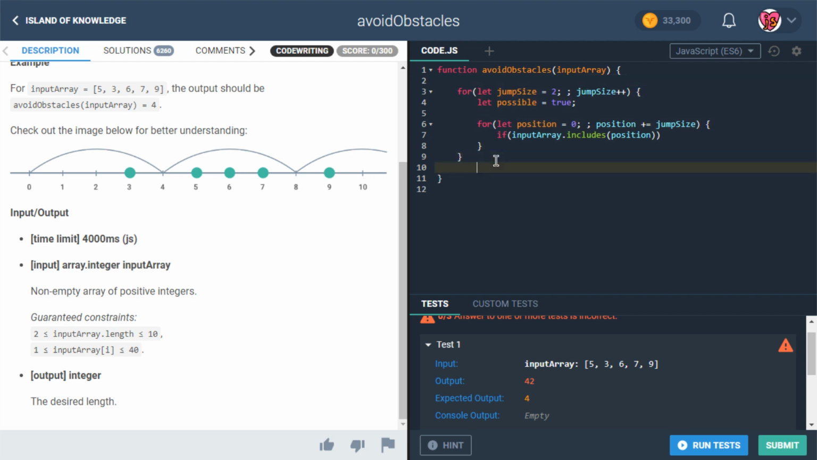That's the plan. So basically, if we get to the end of this and it turns out it is possible, not position, if it is possible, then we're going to return jump size. And that's going to be it. So our return is going to happen in the loop. Everything is going to happen in the loop. Okay, great. So basically, we're inside of our loop. We're starting with a jump size of 2,